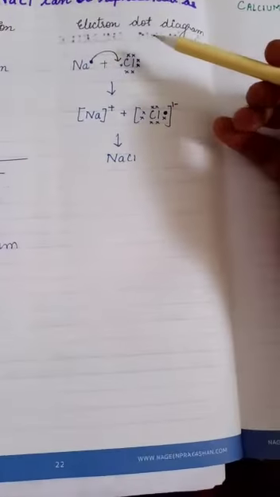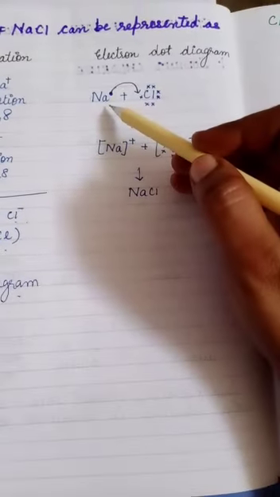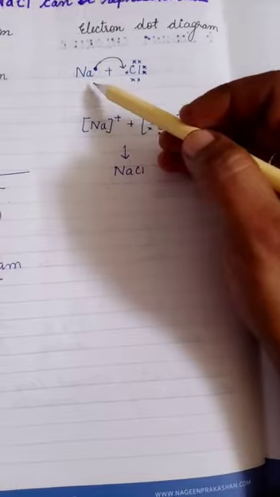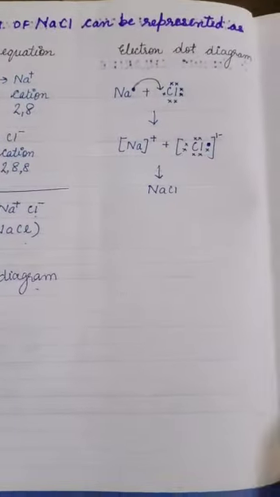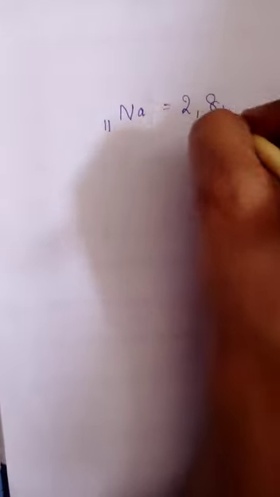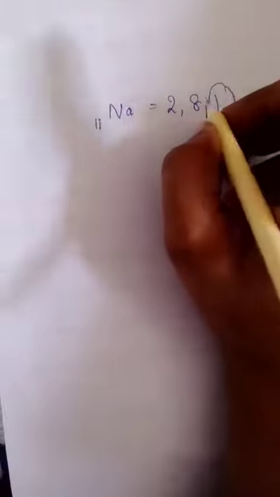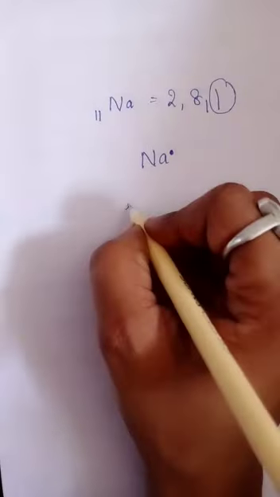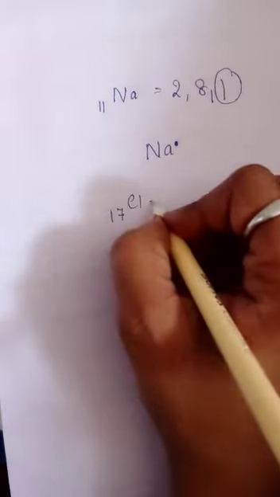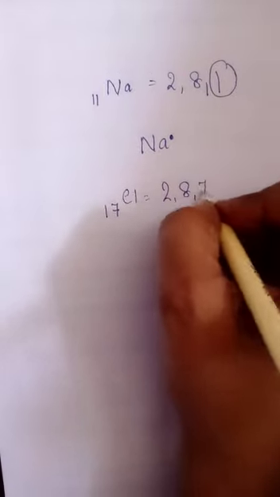Okay. Now in the electron dot structure we are showing only the electrons of the outermost shell. Are you getting it? We are representing only the electrons present in the outermost shell. Now see here, sodium has atomic number 11, electronic configuration is 2,8,1. So in the outermost shell only one electron is there, hence you will represent it with say one dot or cross. It depends on you. The other one, chlorine, has atomic number 17. Electronic configuration is 2,8,7.